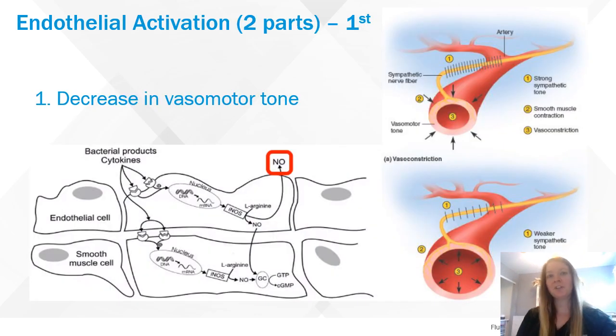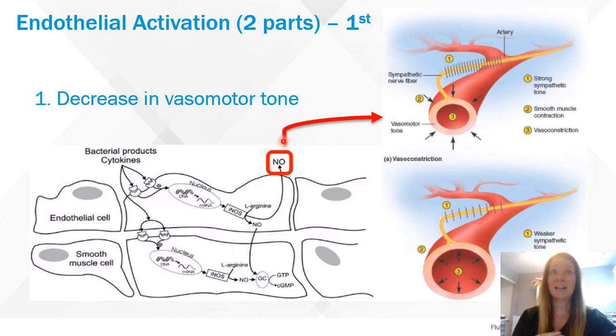So the endothelial activation, there are two parts. So sepsis, again, it started with a pathogen, which our bodies initiated a chemical reaction, which in the end caused a physical reaction. So the first thing that happens is we have a decrease in vasomotor tone, all right? And if you start looking here, this NO, also known as nitric oxide, is released into the circulation, which then